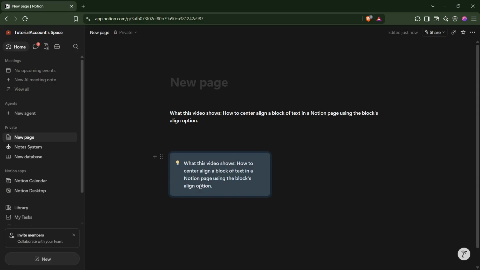With the block selected, look for the alignment controls that appear in the block menu. You'll see options for left, center, and right alignment. Click the center alignment option and your callout block immediately shifts to the center of the page, with equal spacing